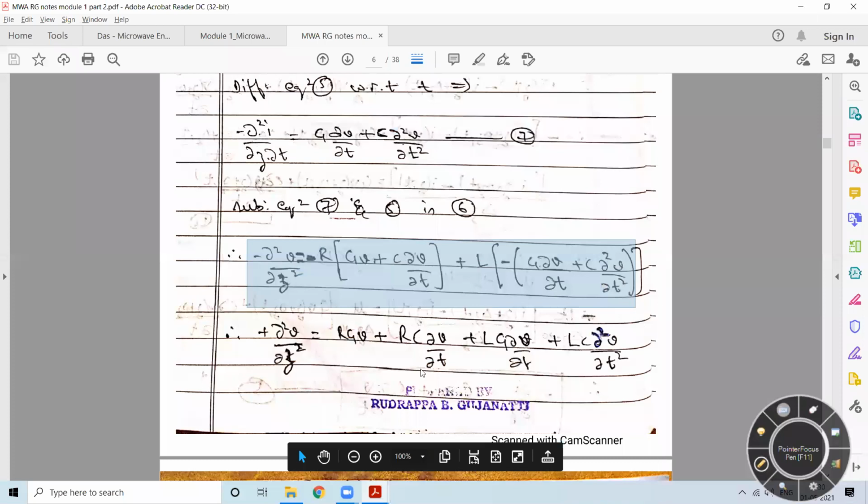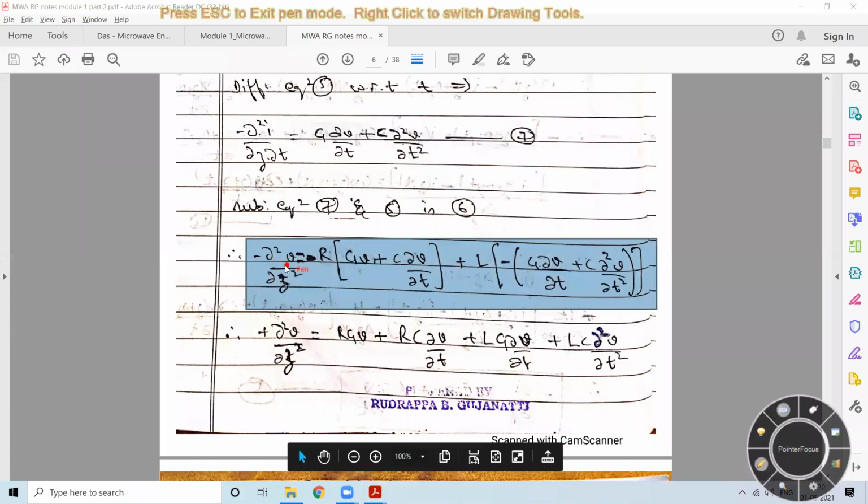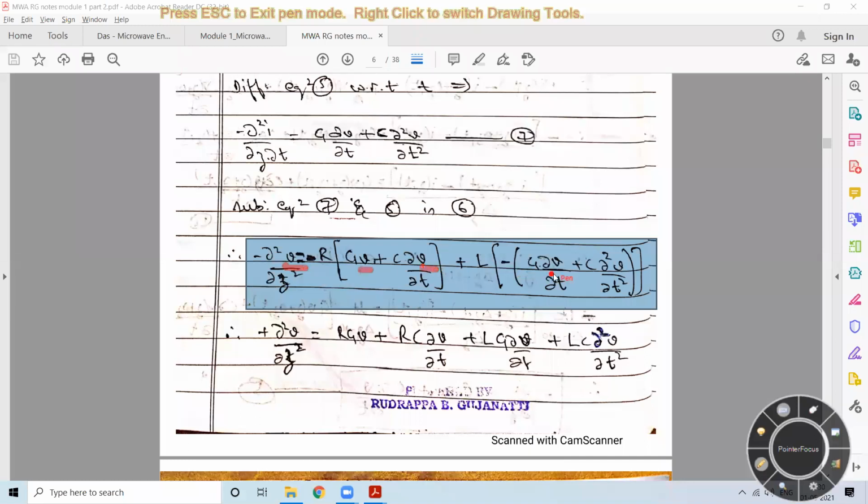So in this one, if you just observe what you have on LHS, you have instantaneous voltage parameter. On RHS, if you just check, all these parameters are instantaneous voltage parameters. So you have replaced the instantaneous current parameters and you have decoupled it and obtained the equation which is entirely in terms of the instantaneous voltage parameter.